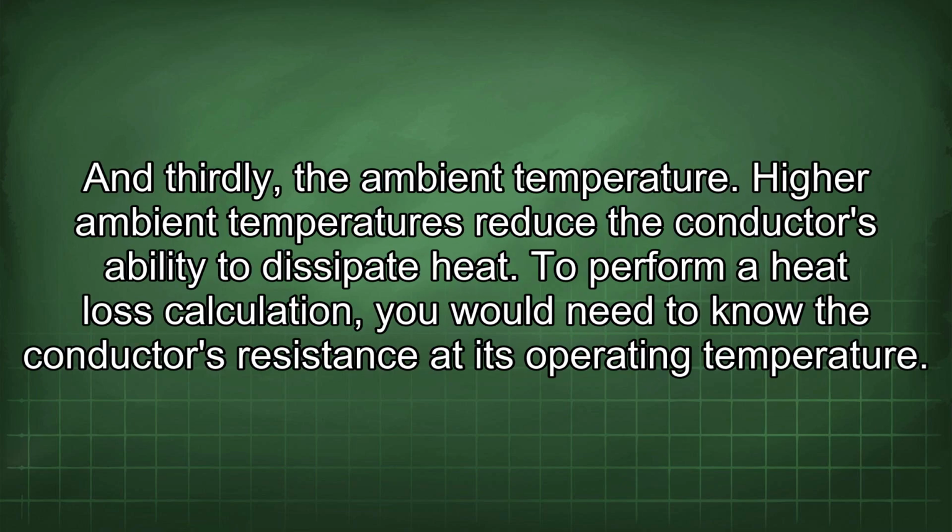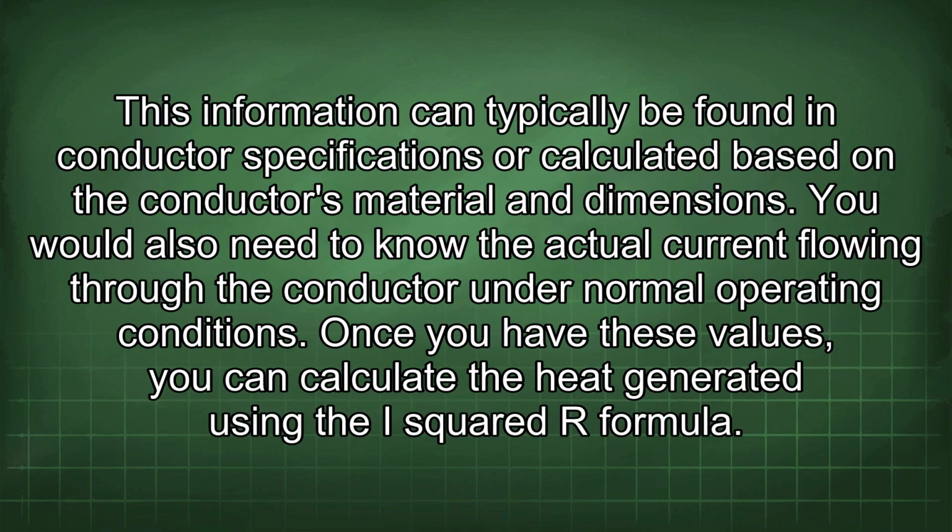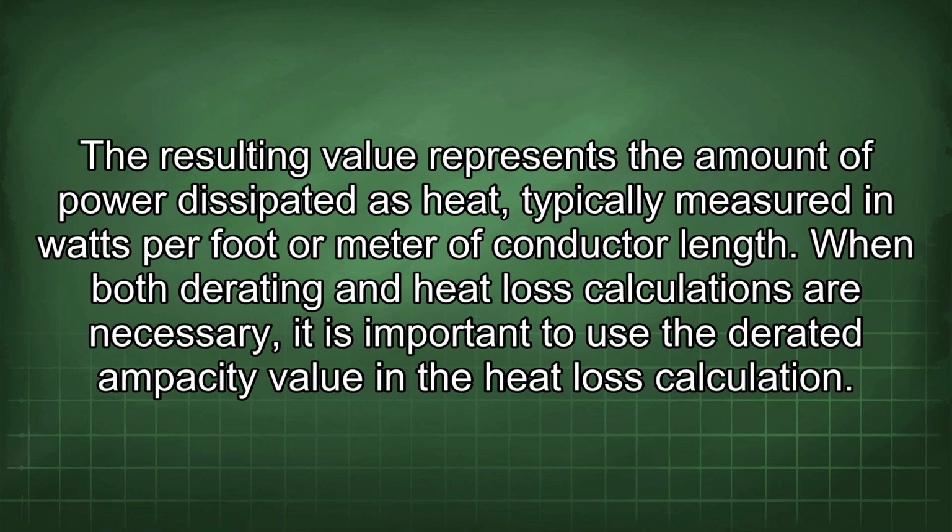And thirdly, the ambient temperature. Higher ambient temperatures reduce the conductor's ability to dissipate heat. To perform a heat loss calculation, you would need to know the conductor's resistance at its operating temperature. This information can typically be found in conductor specifications or calculated based on the conductor's material and dimensions. You would also need to know the actual current flowing through the conductor under normal operating conditions. Once you have these values, you can calculate the heat generated using the I²R formula. The resulting value represents the amount of power dissipated as heat, typically measured in watts per foot or meter of